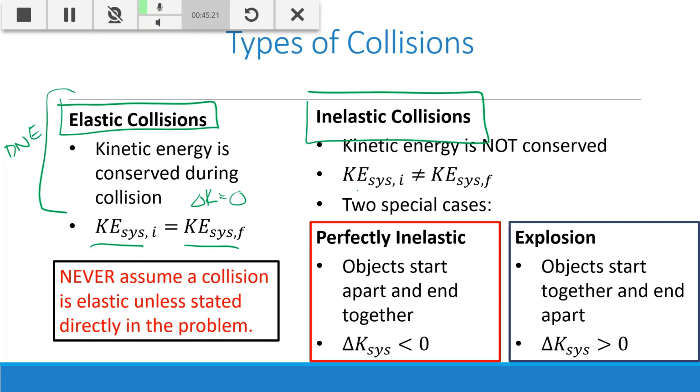And in inelastic collisions, our kinetic energy is not conserved. So there's going to be some loss. Now there's two special cases, and one case is the perfectly inelastic. This basically is anytime objects stick together. If you have objects stick together at all, a bug colliding with the windshield of a car, catching a ball in playing sports, anytime the objects stick together, you are always going to have a loss of